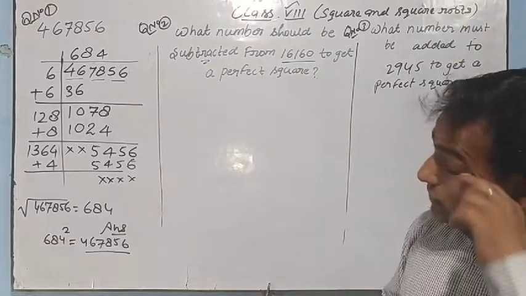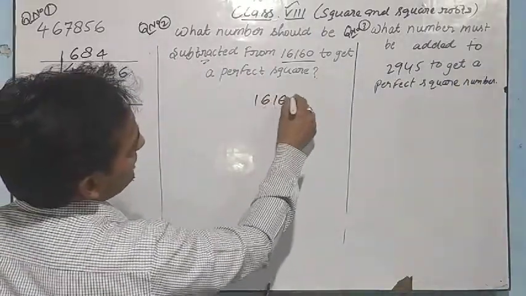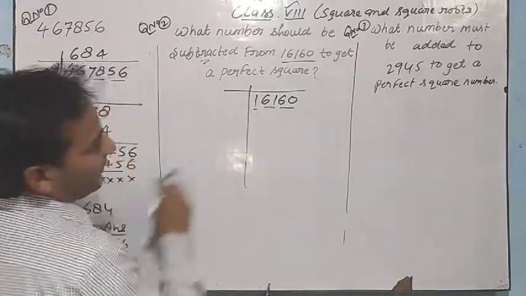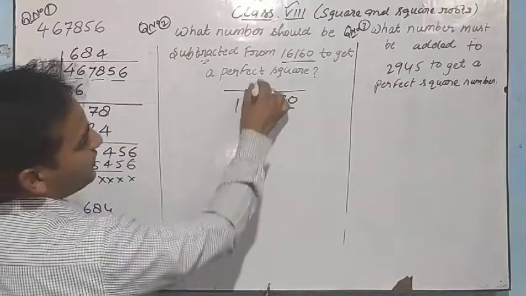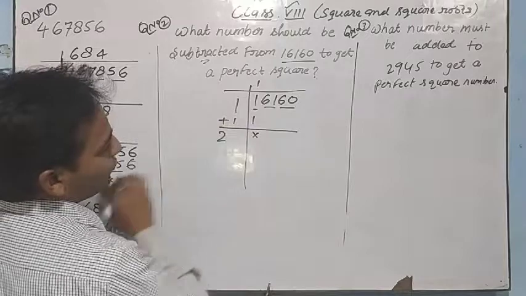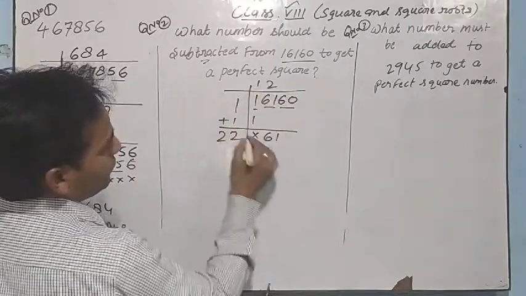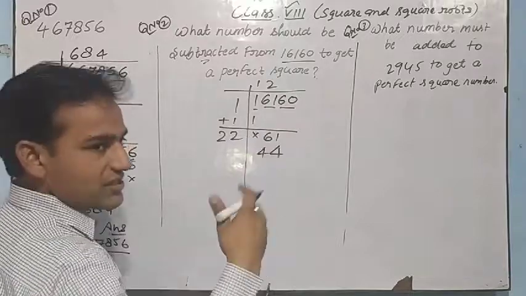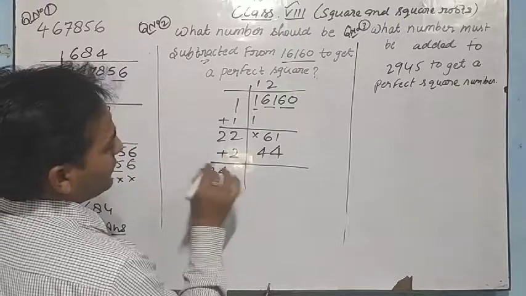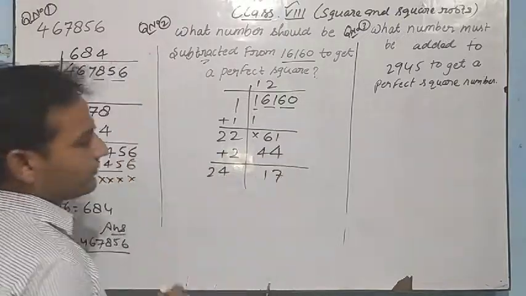Let us do it. So first thing we will do is 16160 by division method, pairing, and this one is alone. So 1 1 is 1, cancel. This one will be added, 1 plus 1 is 2. Now 61. So we will put 2. 2 2s are 4. If we put 3, it will be more than that. So 2. 2 plus 2 is 4, and this is 2. 11 minus 4 is 7, and 5 minus 4 is 1.